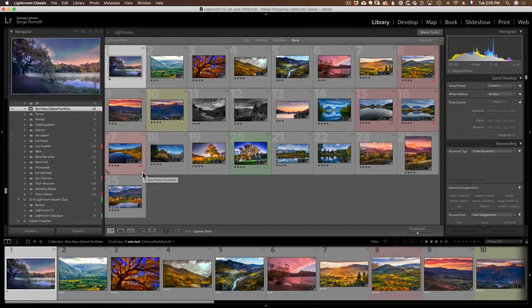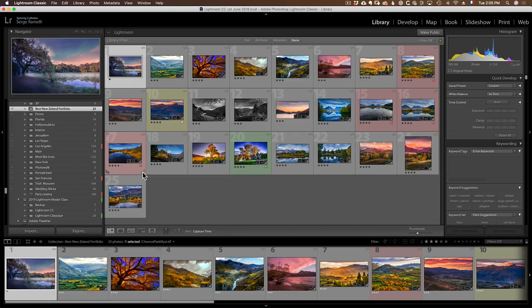I want to talk to you about exporting part of your photos, like a collection, as a catalog and importing it into another catalog. For example, let's say you're on the road and you created a catalog for that road trip, which is what I do. And then you're retouching all your photos and you're coming back home.